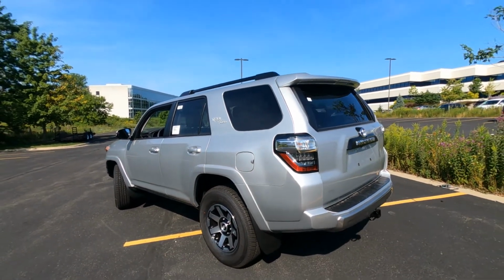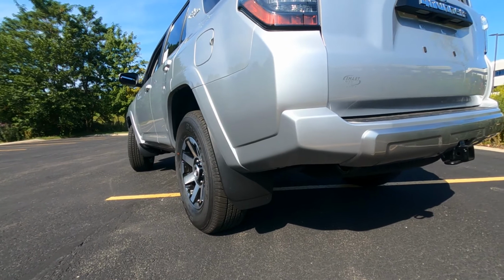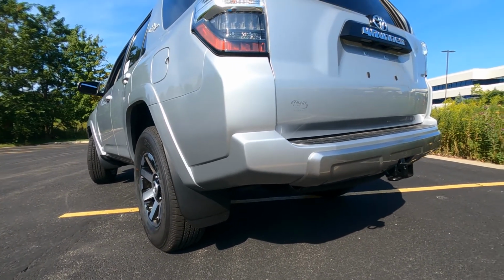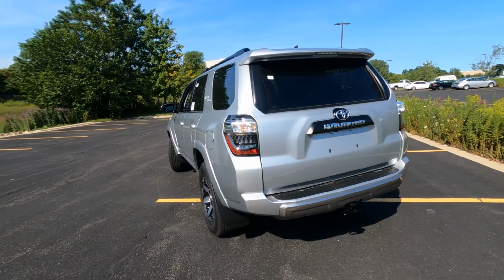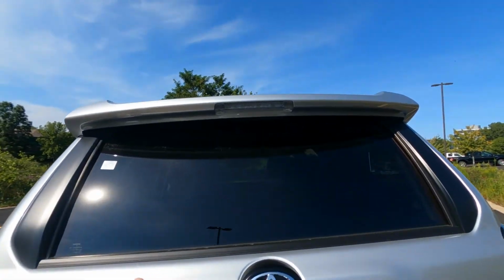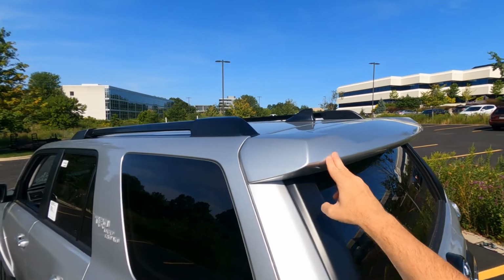Gas tanks over on this side here. The rear mudguards are a little bit longer than the front, offers quite a bit more protection across the back and the bumper as you peel out the tires and head down the road. We've got an LED taillight package with the crystal clear lenses. We've got an LED third brake light up here, and then we do have the colored to match spoiler here,